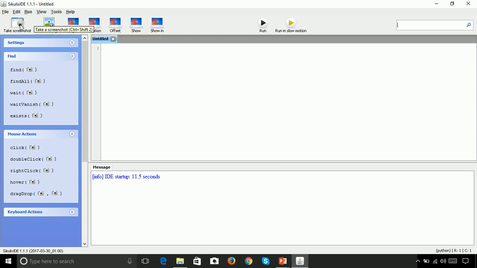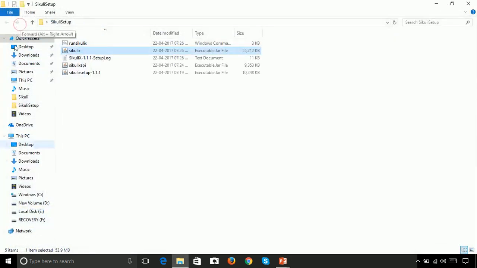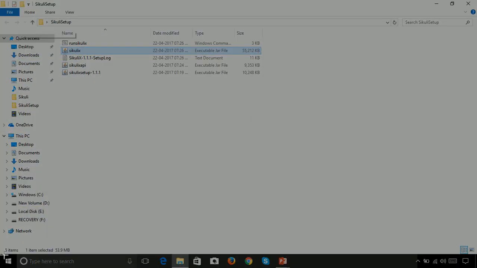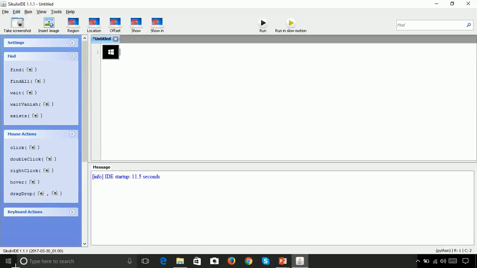From here, you can take the screenshot of the GUI component you want to automate. So if you click on this and take a screenshot of Windows, it will paste the Windows image in our text editor, and we can use this image to automate that GUI component in our script. You can also insert an image already saved on your computer by clicking on this button, that is insert image.